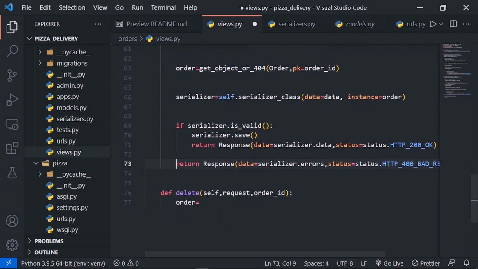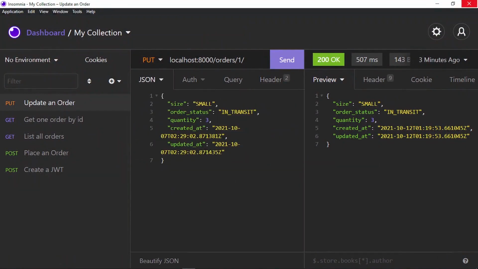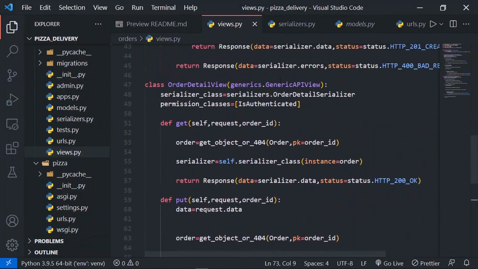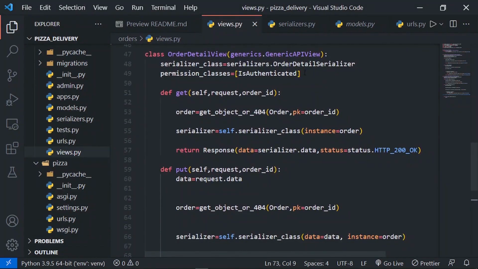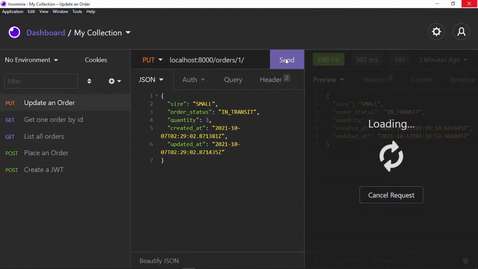Hoping that everything is fine, we're going to repeat this same thing. So right here, we're going to basically repeat this. Let's first comment this out. We don't need to have a user. So when you try to update this,